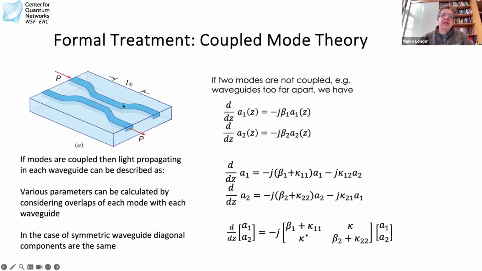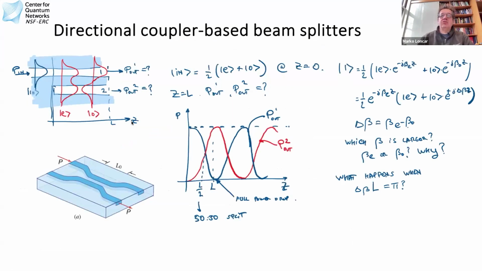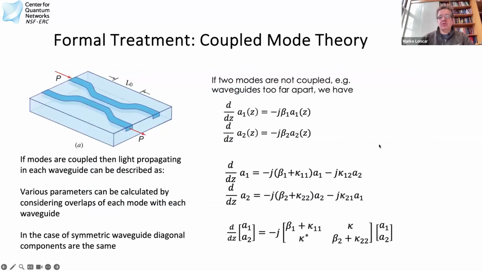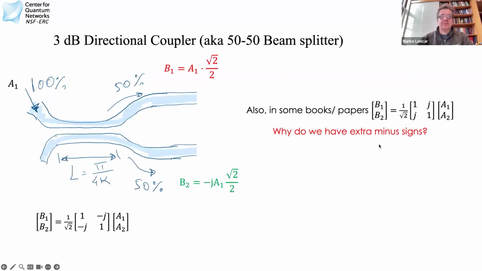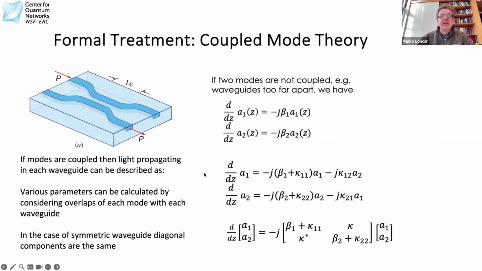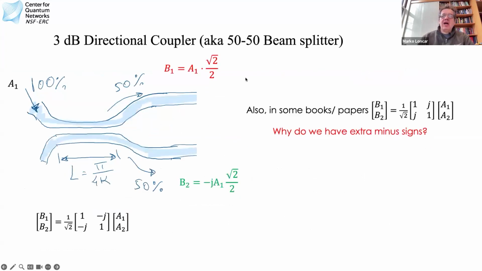And you can indeed see that this simple intuitive picture holds quite nicely, but this allows you to exactly evaluate what the propagation constant is for the first mode, what the propagation constant is for the second mode, and so on and so forth. That requires a little bit of math, which we are not going to do. If you believe me that when everything is said and done, the amplitudes of light in one waveguide versus another waveguide, A1 and A2, are a function of whatever I have at the input times some matrix, okay? Then, if you believe me that I did my calculation right, you find out that in the